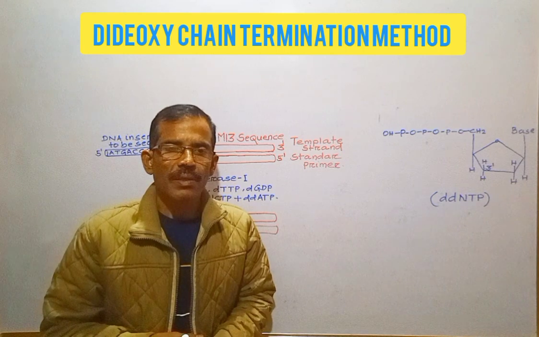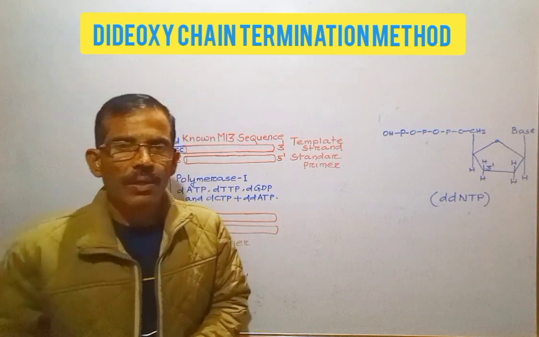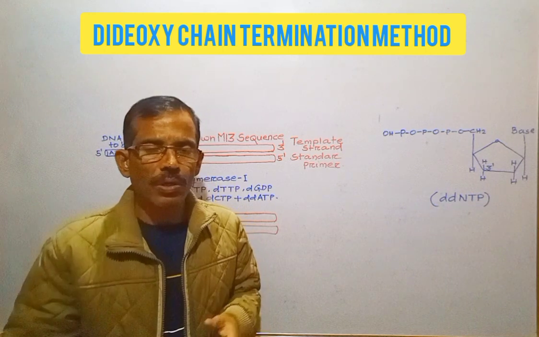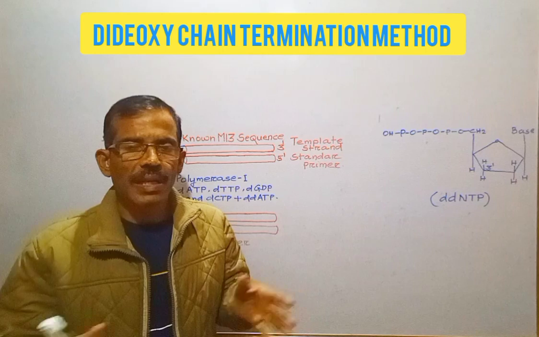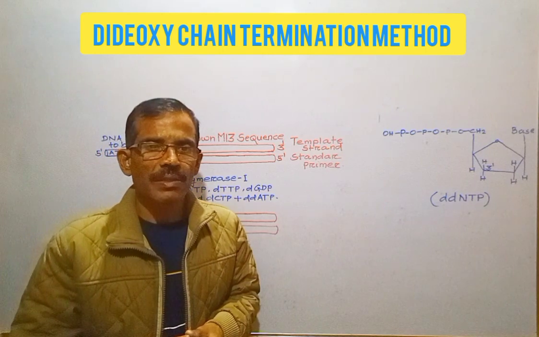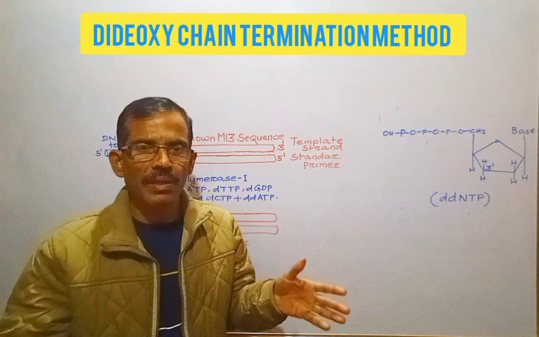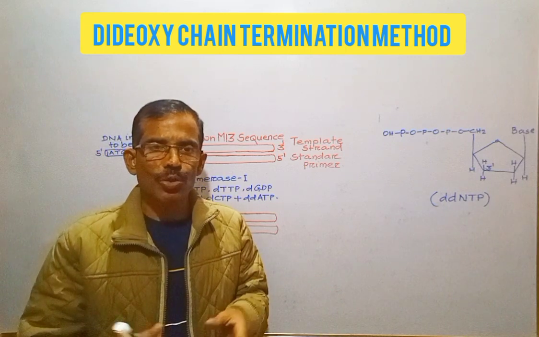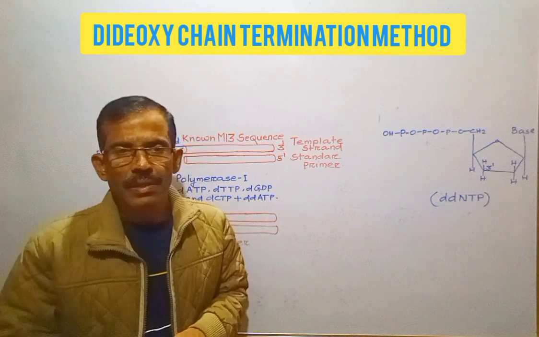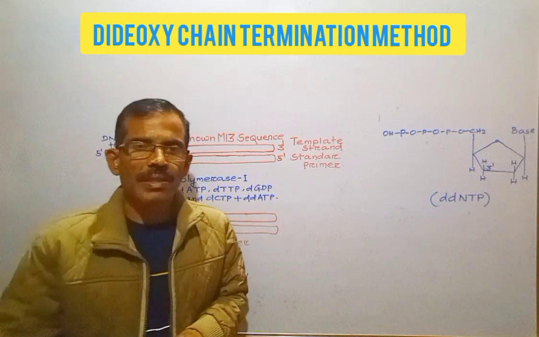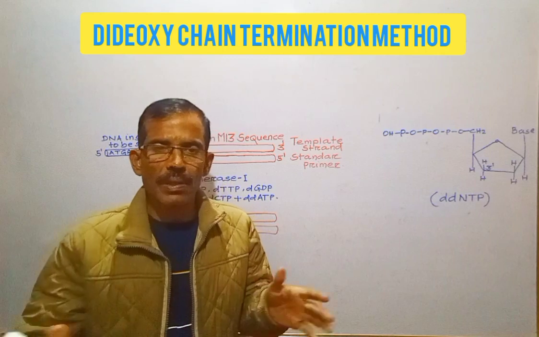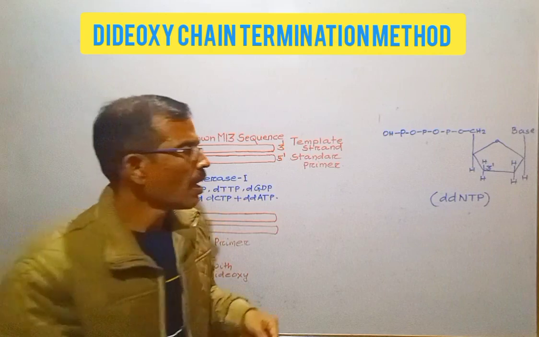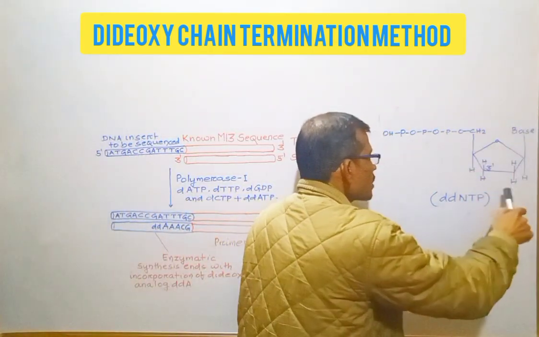Frederick Sanger's DNA sequencing method, also known as the dideoxy chain termination method, is a protocol that generates a nested set of DNA fragments by replicating a template DNA strand. Actually, the template DNA strand is the one to be sequenced. The nested set of fragments is obtained by interrupting the replication of the template strand at different times by using unusual nucleotides known as